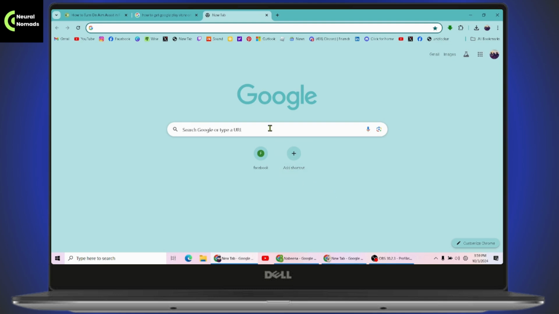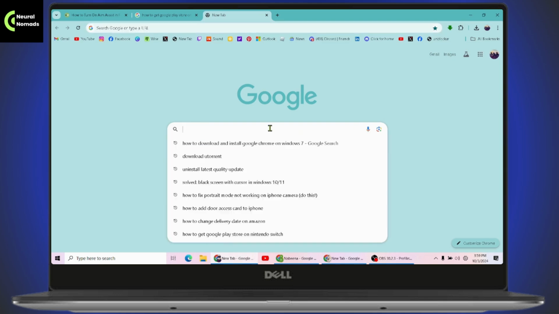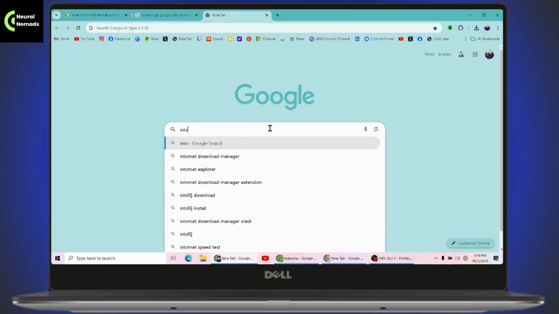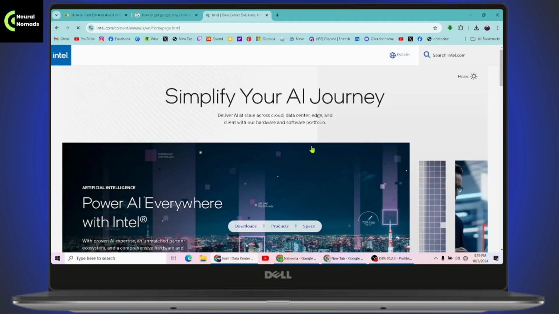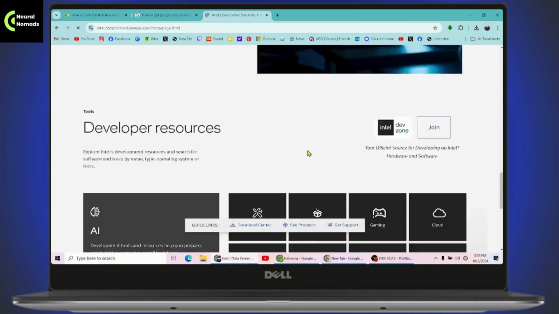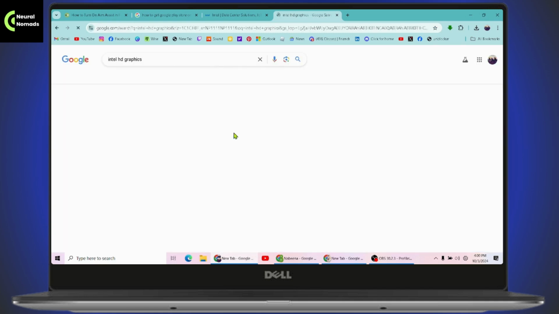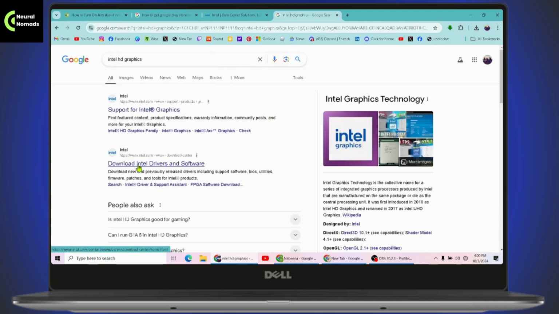what you need to do is first you just need to simply go with your browser, go with search, and under search you need to search for intel.com. Once you search, it will take you to the website. Now you just need to simply scroll down or just go with Intel HD graphics and then go with download